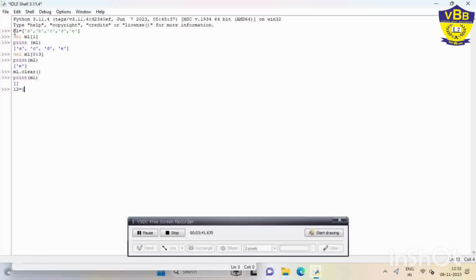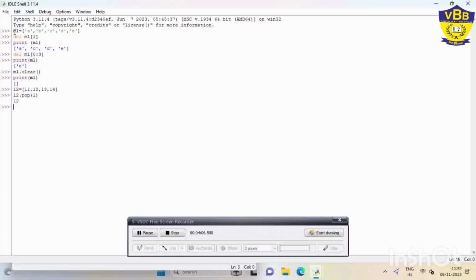Suppose I am writing a second list here, L2 is equal to 11, 12, 13, 14. Then I write L2.pop, and I want to delete 12. So what index will I pass there? I will pass 1, right?